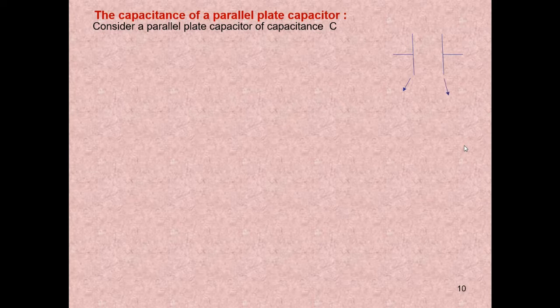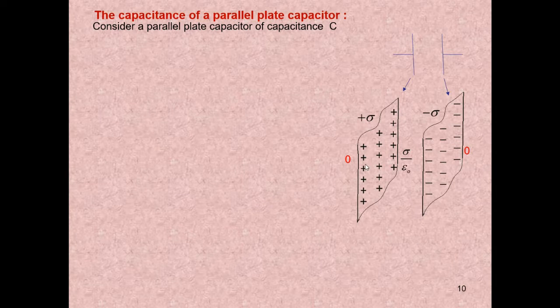These are the 2 plates of the parallel plate capacitor. And this diagram you should be remembering, because soon after the application of the Gauss law, particularly to find the electric field due to an infinite sheet of charge, we discussed special cases, that is 2 infinitely large parallel plane sheets of charge kept close to each other.